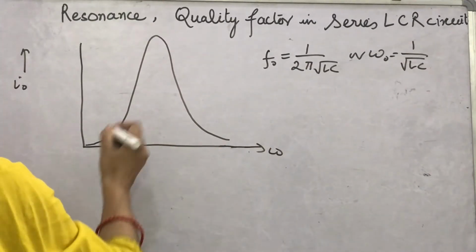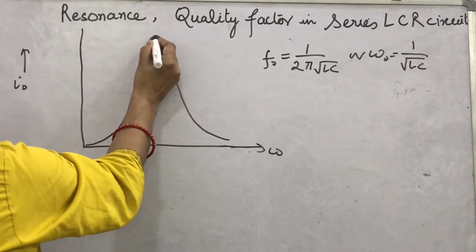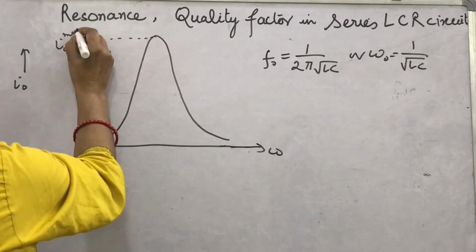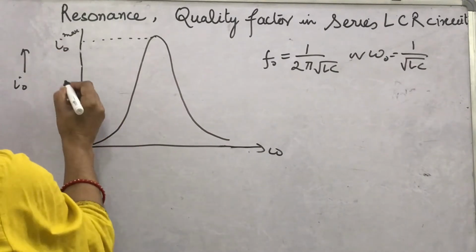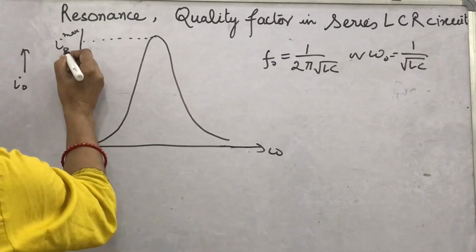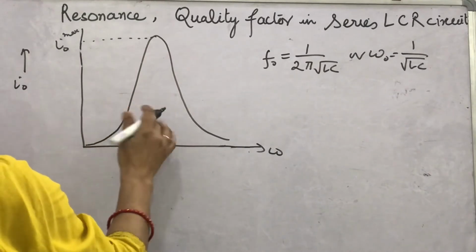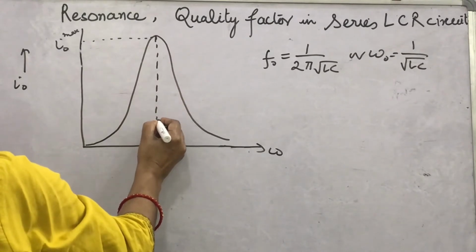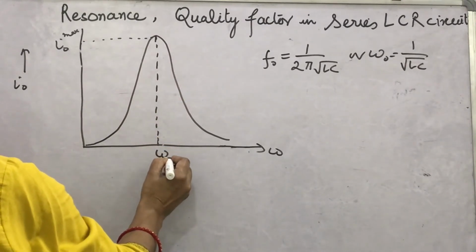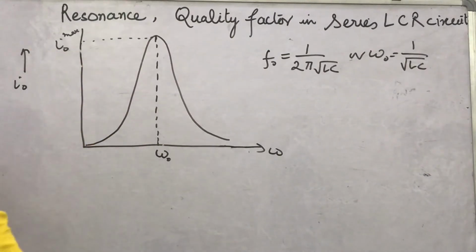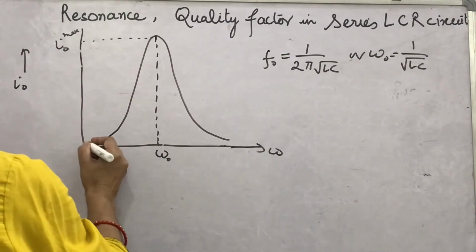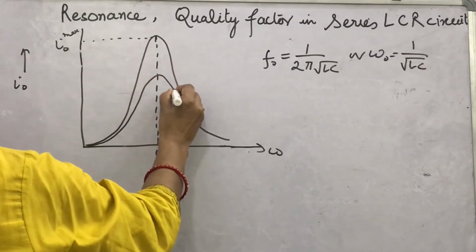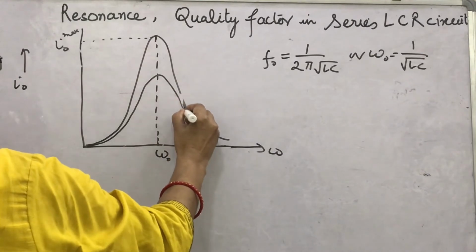I naught maximum corresponds to the frequency which is the resonant frequency, because at resonance current is maximum. If we draw another curve like this,